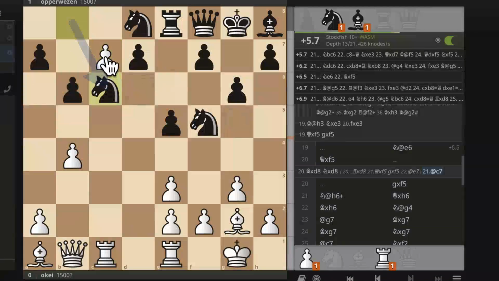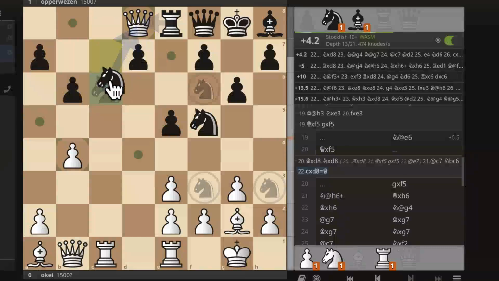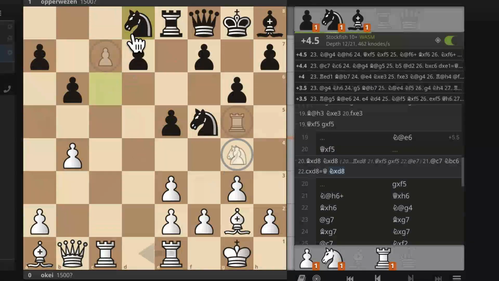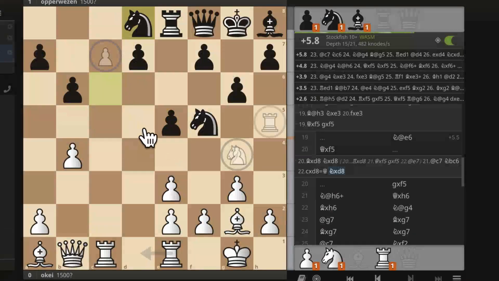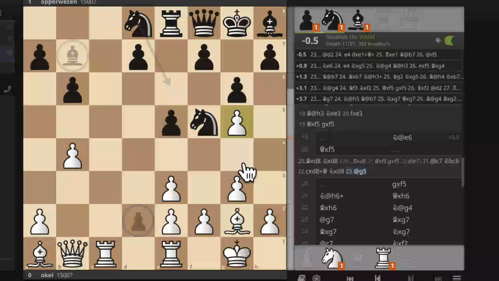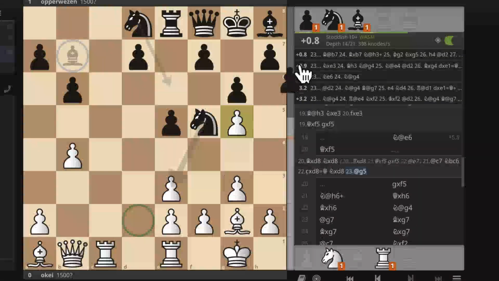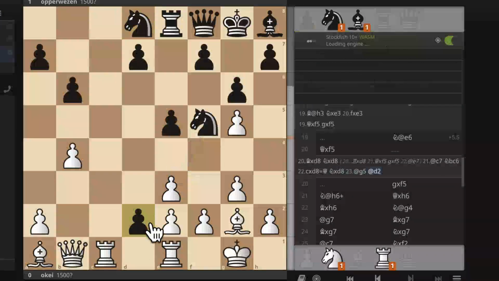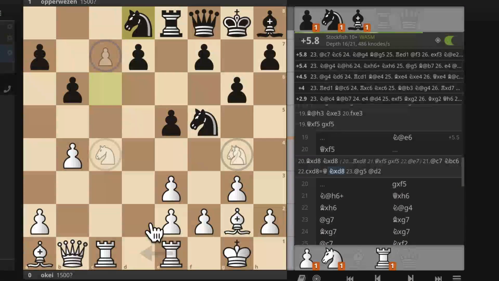So this was maybe an idea. Then knight takes, for the same sorts of reasons. Now what? Can we play Bg5, maybe Bd2? I don't know. Let's back up. Instead of Bg5, after Nd8, if we play maybe